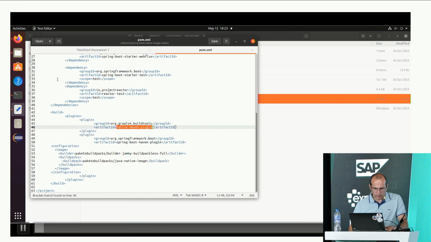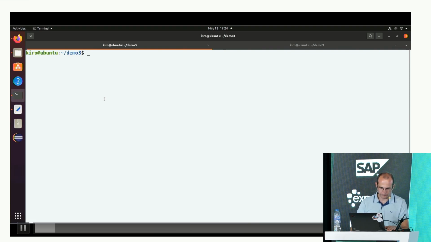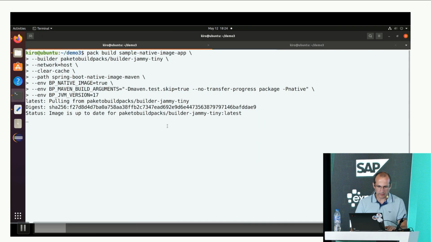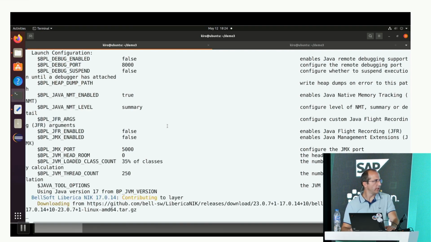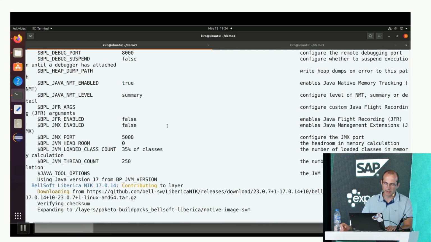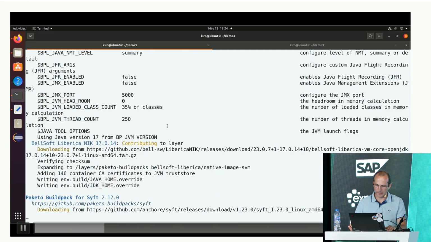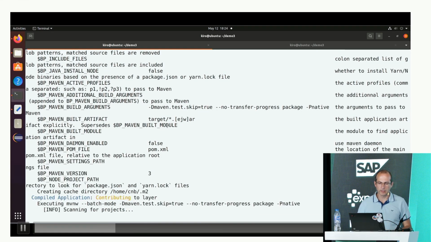Okay, let's continue. By the way, it is going to build a custom image, and here, if you see, we don't specify the list of buildpacks because we are using the default builder, and in the builders, as we said, there are some buildpacks. So if you don't specify them, those from the builders will be used for detection. And now it detected that our application is Spring Boot based. It detected it's using